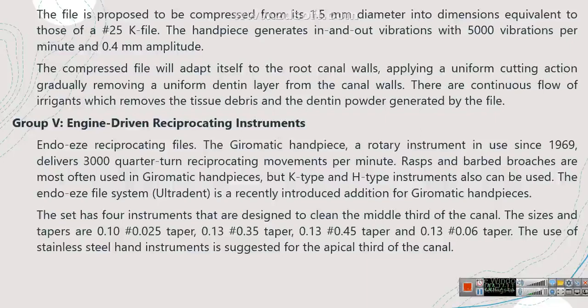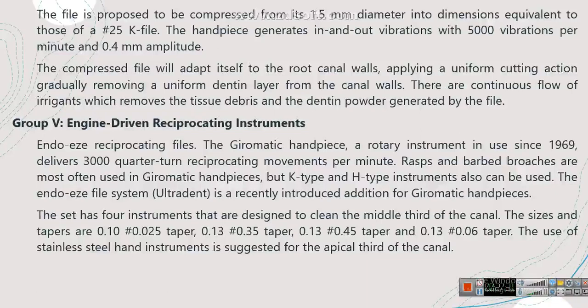The set has 4 instruments that are designed to clean the middle third of the canal. So when we want to clean the middle third of the canal system, then the driven reciprocating instrument is the best one